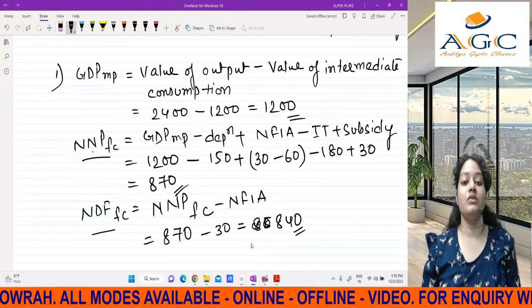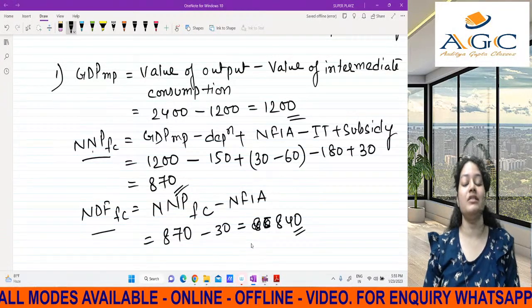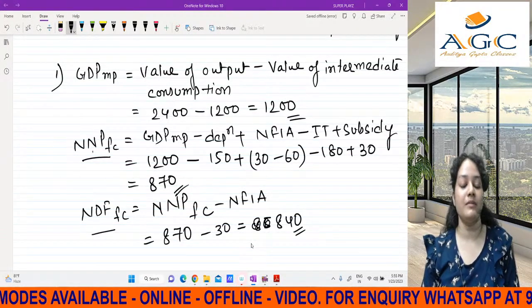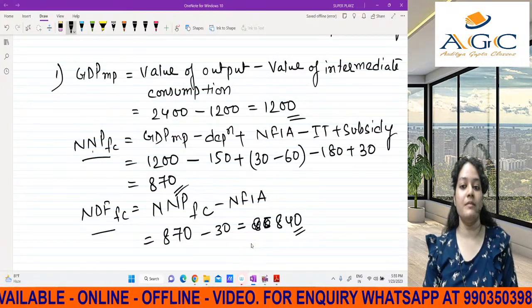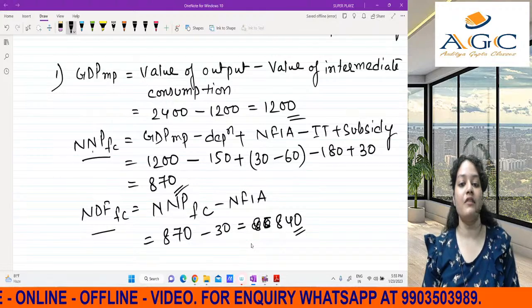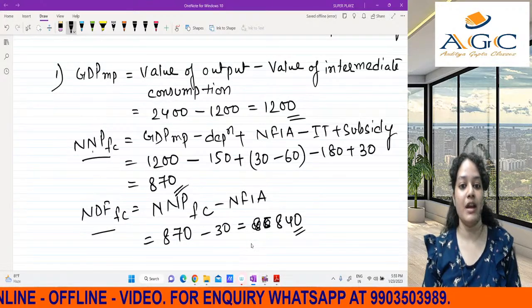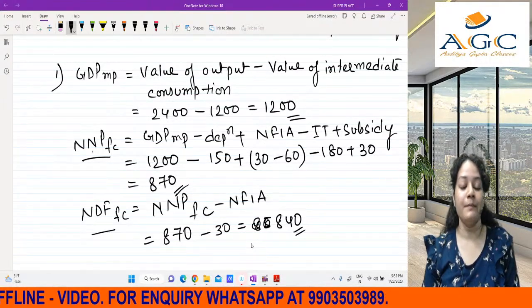Okay. So today we will be doing till here. That would be the end of our session. The next day we will be continuing. Because we have just done the value added method, we have our income method and our expenditure method left, and also we will be doing graphs, because the graphs from the third chapter are quite a trick to do. So we will be doing the third chapter.